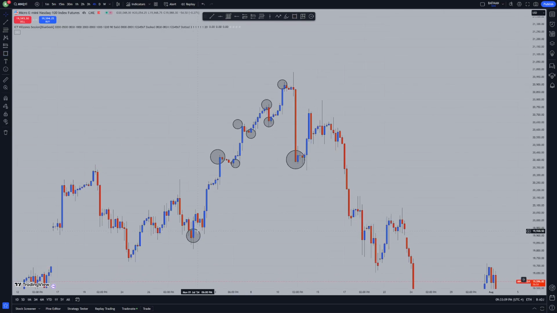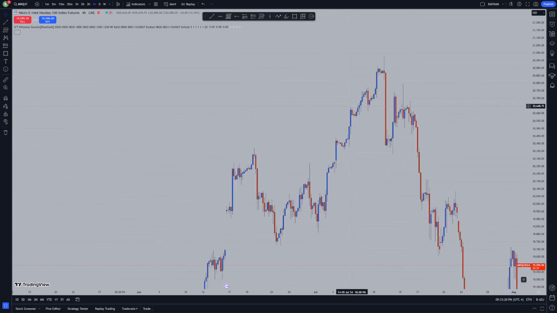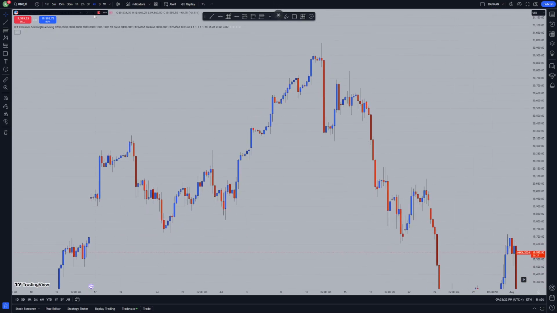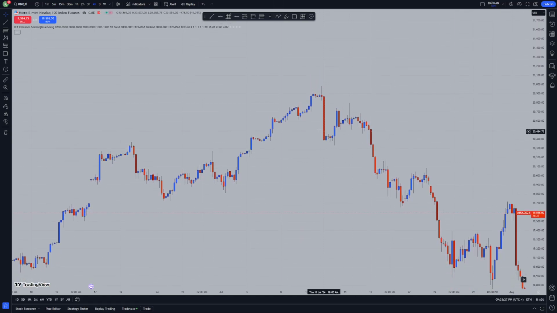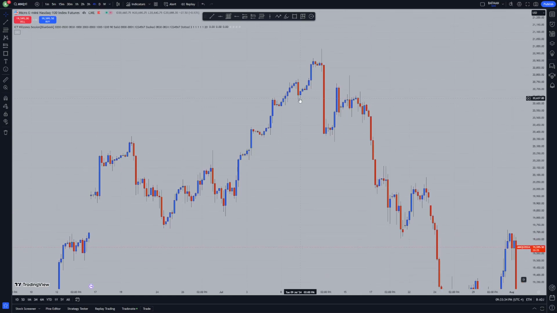See what I mean? All right. You guys pretty much know what market structure is. It's just basically higher highs and higher lows. That's it. It's not too complicated. All you need to see is the higher time frame. The more visible it is in the higher time frame, the more major the levels are, basically. If you can see higher highs and higher lows on the higher time frame, you can use that support and resistance